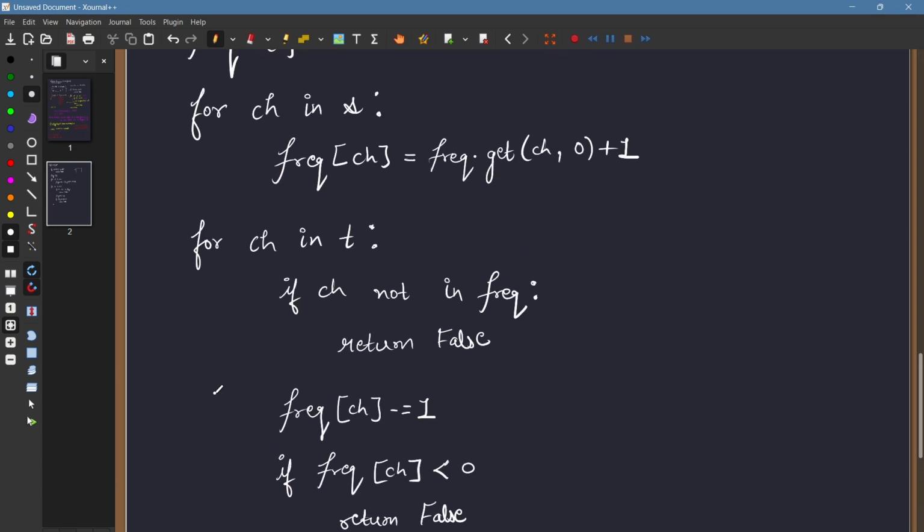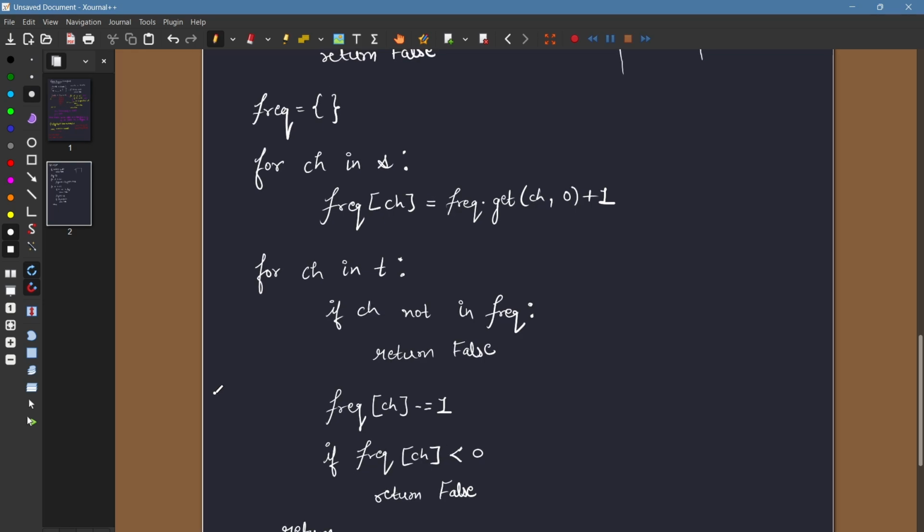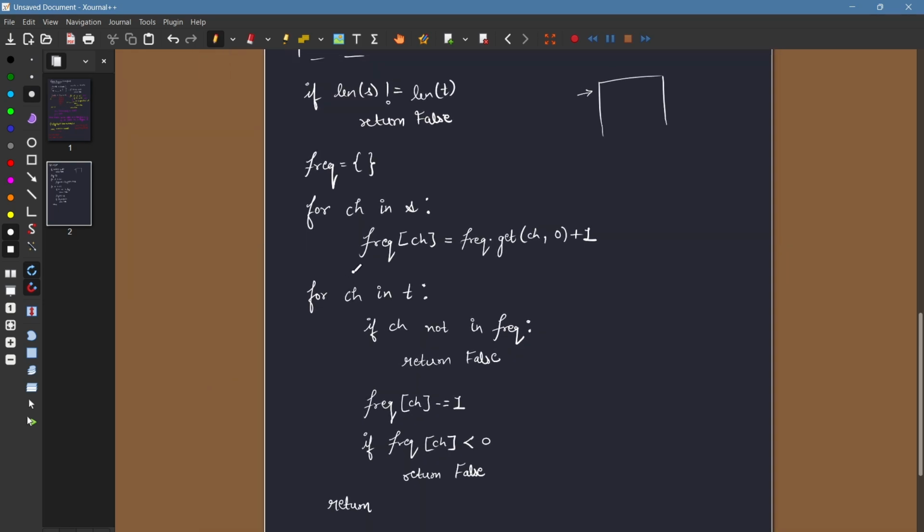Right? Now let me explain it to you in a more clear manner how it is working. Here you will see we are checking the length of the strings. If the length doesn't match, then it is returning false. These two statements are very much clear. We are creating an empty dictionary named frequency, and there we will be putting our